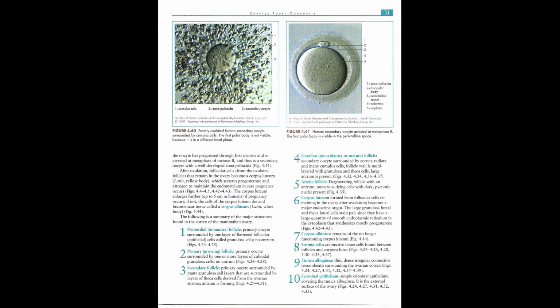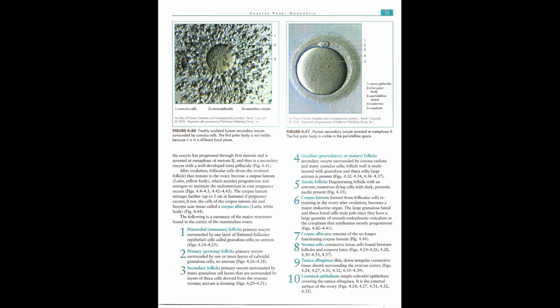After ovulation, follicular cells from the ovulated follicle that remain in the ovary become a corpus luteum, Latin, yellow body, which secretes progesterone and estrogen to maintain the endometrium in case pregnancy occurs, Figs 4.4 to 4.5, 4.42 to 4.43. The corpus luteum enlarges further, up to 5 cm in humans, if pregnancy occurs. If not, the cells of the corpus luteum die and become scar tissue called a corpus albicans, Latin, white body,